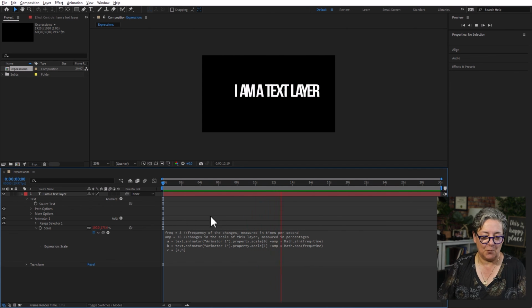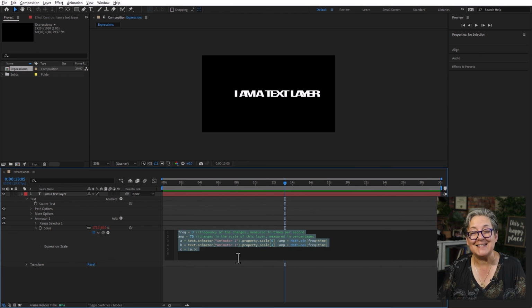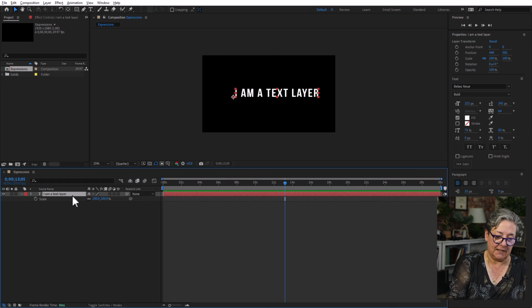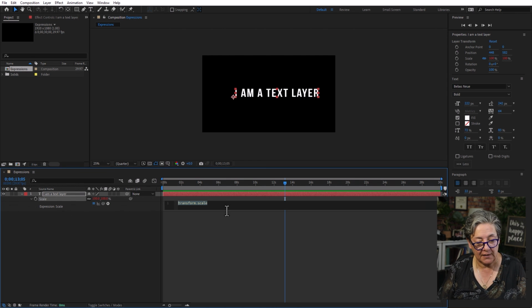It's just a little bit wavy, right? We can take that entire expression, we can cut it, and we can now add it to the scale of the layer itself,